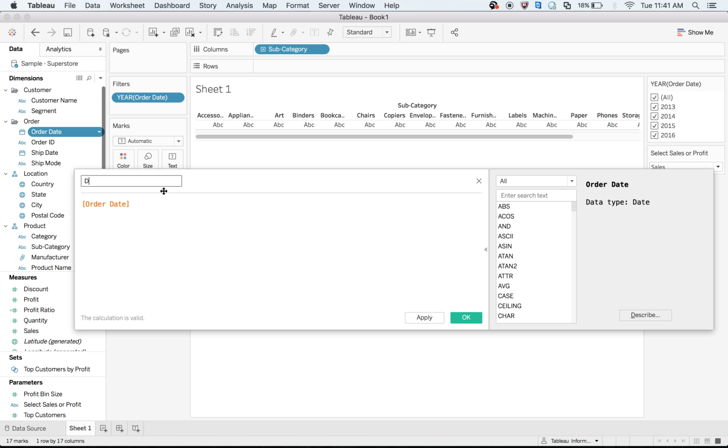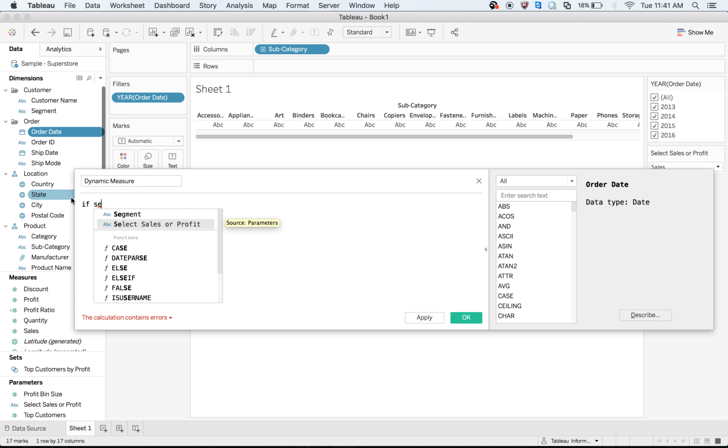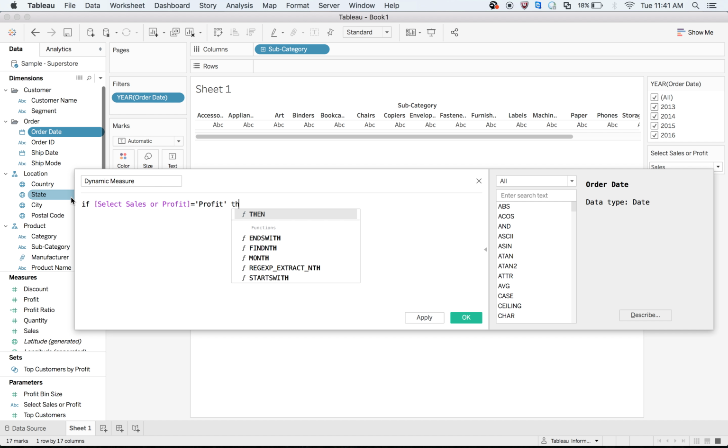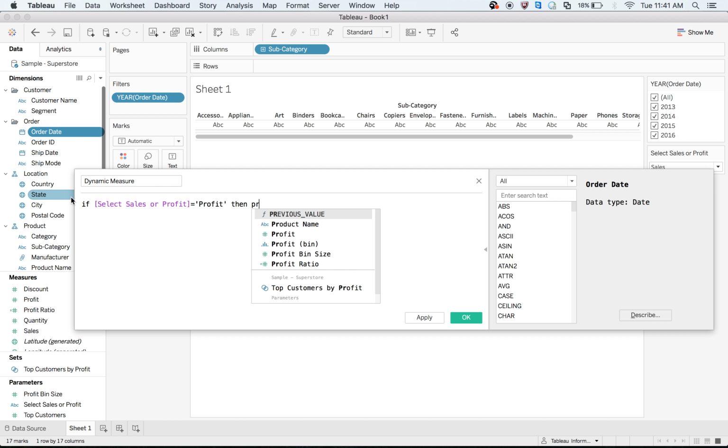We'll call it dynamic measure. So if our parameter select is equal to profit, then